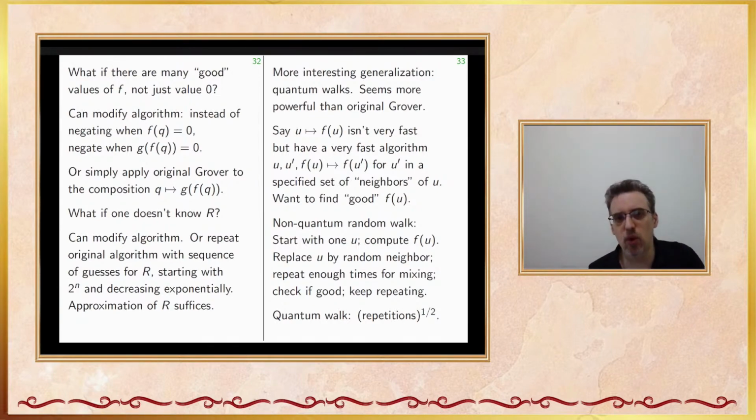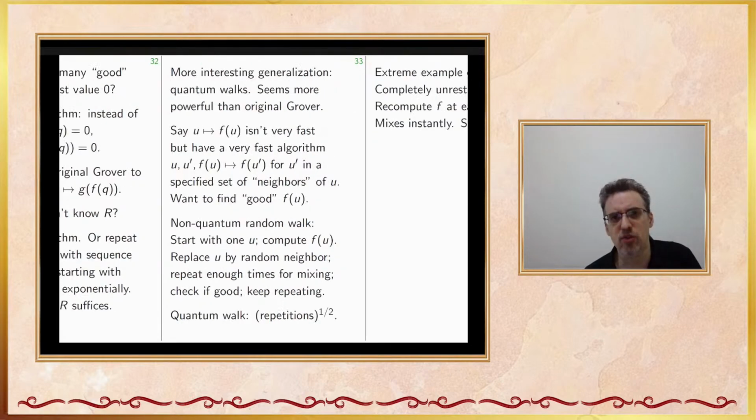A quantum walk, whatever number of repetitions you do in this random walk that I just mentioned, where you have these inner repetitions to mix, the inner number of moves from u to a neighbor, and you've got the outer loop of how many repetitions you need to get something good. The quantum walk replaces those repetitions by a square root. Now, in the case of Grover,